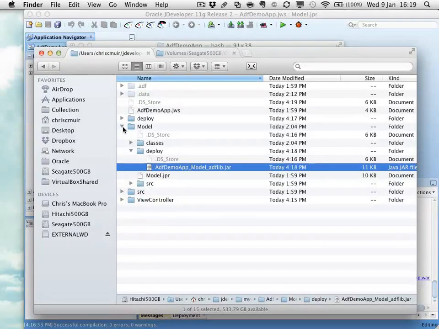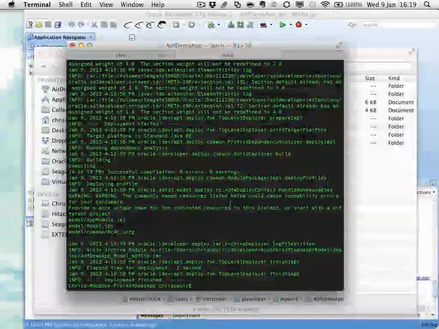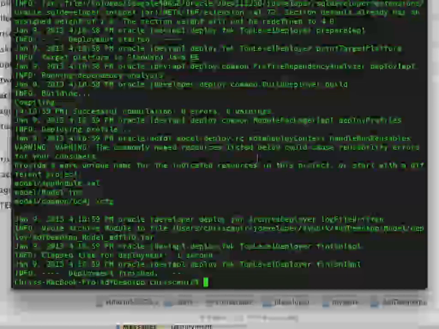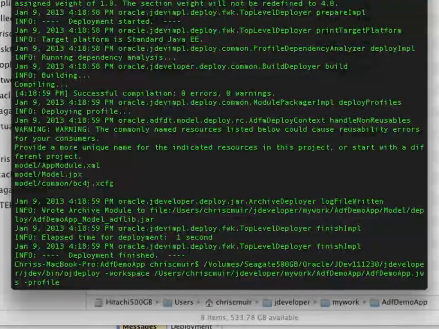Okay, pretty easy, right? So alternatively, now let's go back to the command line, and rather than generating the model project jar, let's actually generate the ear for the application. So what I'll do is just go back to the previous command where we're executing the ojdeploy utility. We've still got the workspace parameter pointing to the JWS file, but now we don't actually put the project in. We just name the actual profile that we want to generate. And in this case, you might remember